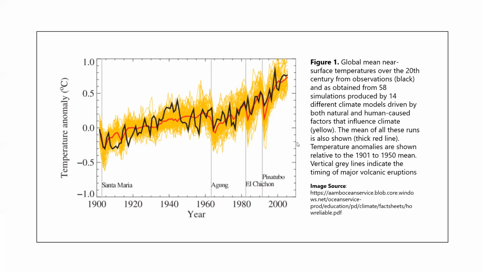By then, we can see temperature anomalies from 1901 to 1950. What is being reflected here is that the global mean near surface temperature is actually increasing. Although we can see that there are some major volcanic eruptions, we know so well